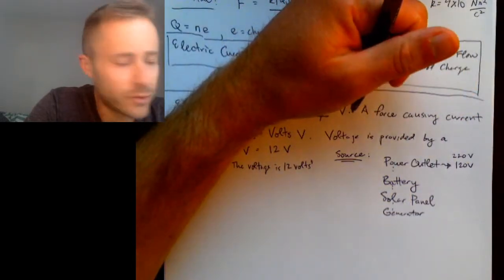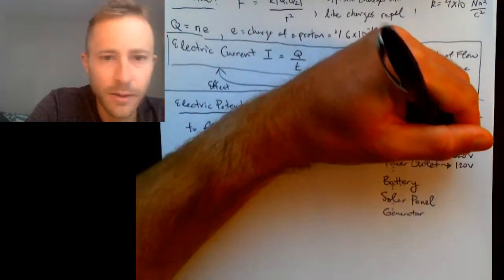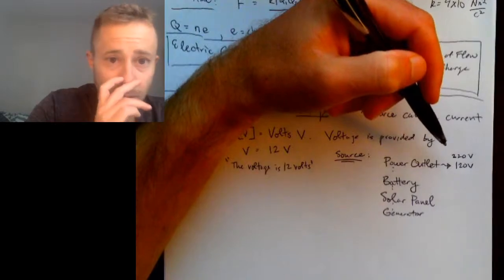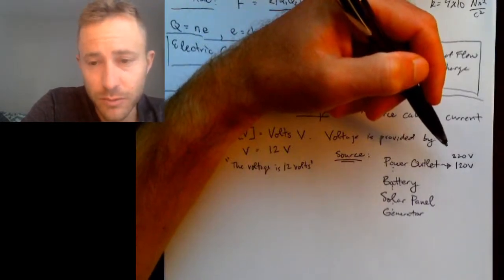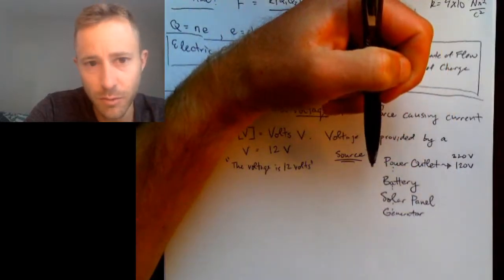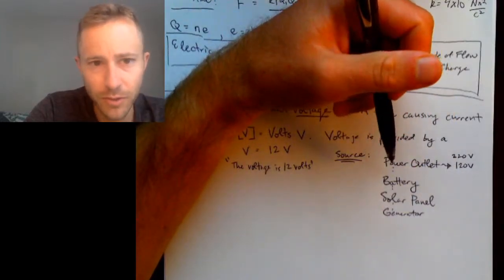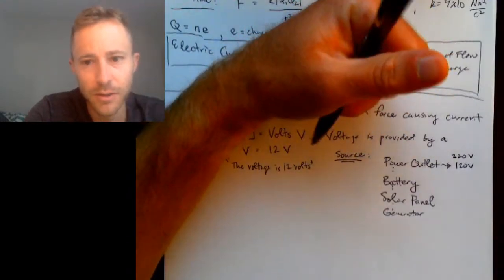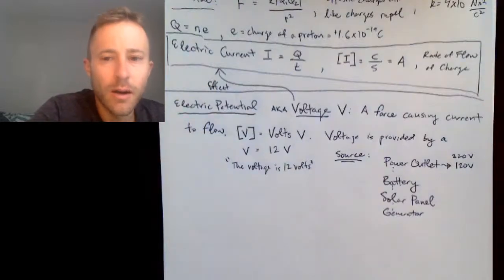This would be more for, if you have some power tools, oftentimes power tools need more than 120 volts in order to run properly. So if you have some big equipment in your garage, you might have a 220 volt outlet in your garage,